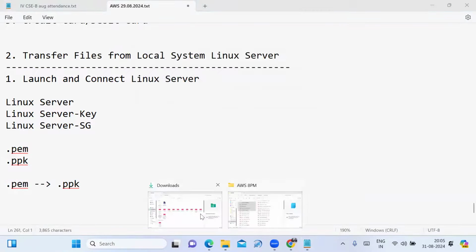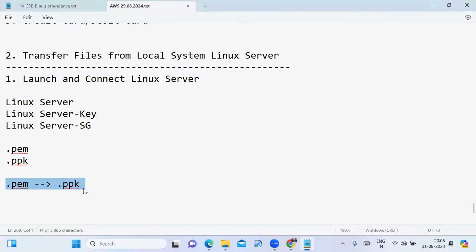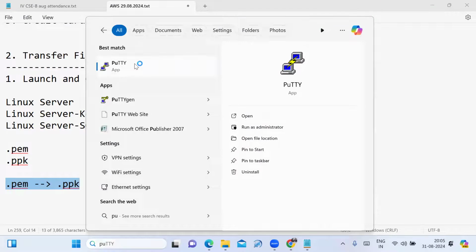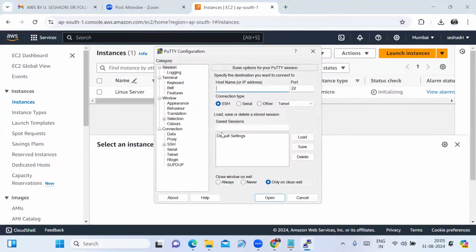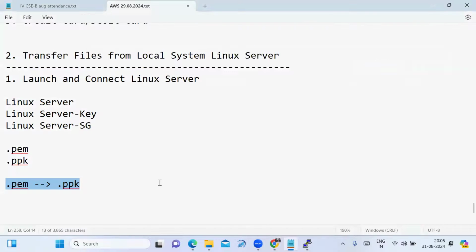Now go to your downloads. See, your ppk file is generated. The PuTTY private key file is created. That is, I converted the PEM file format to the .ppk file format. Now you can connect to your Linux server using the PuTTY software. Open PuTTY, which you downloaded and installed in your laptop or desktop in yesterday's session. To connect to your Linux server, it is asking to enter the public IP address or the host name. That's why I have to copy the public IP address